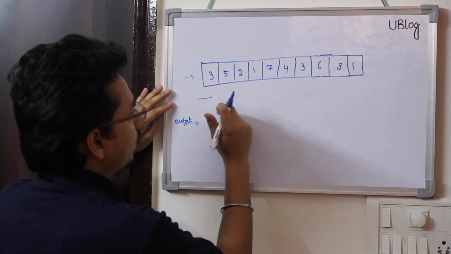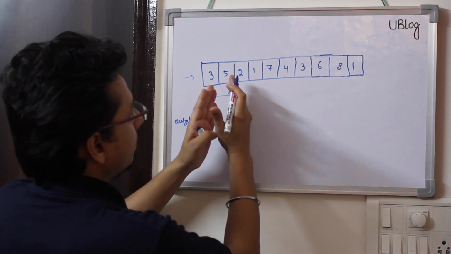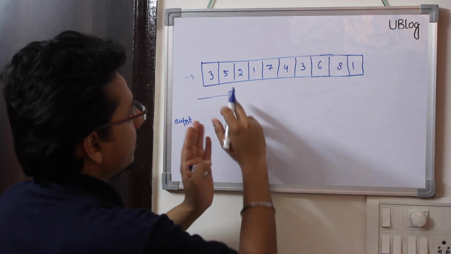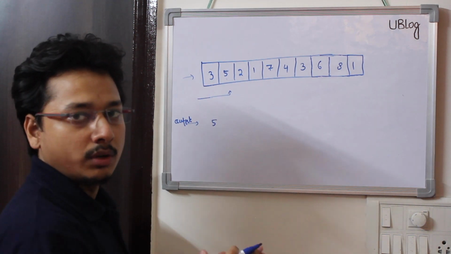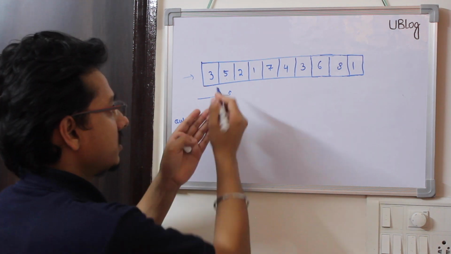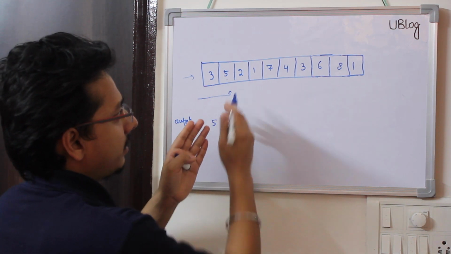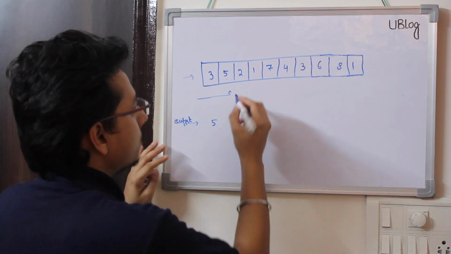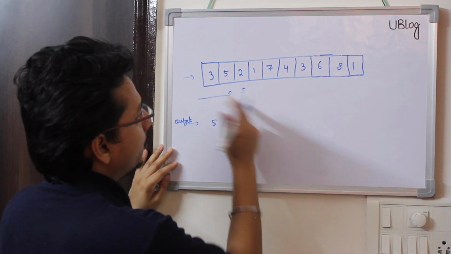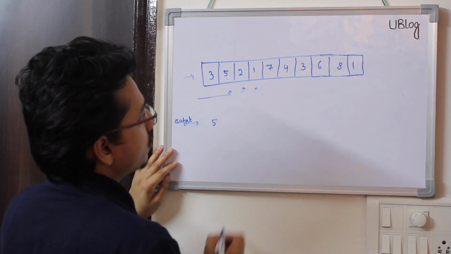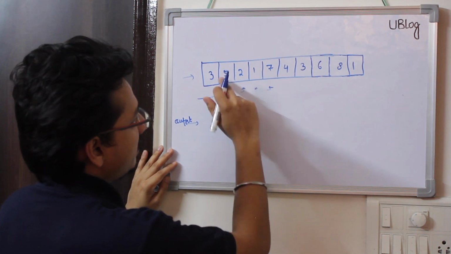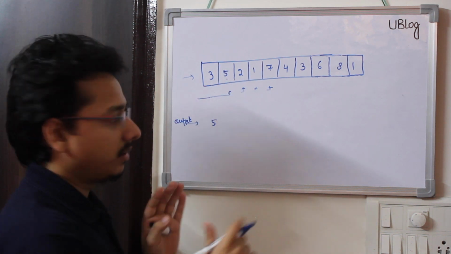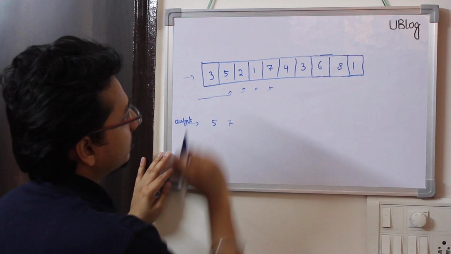What about when I move to the next index? For 5, which is the first element on the right hand side of 5 which is greater than 5? It need not be the greatest element. It just needs to be greater than 5 and present at the first point, the first element which is greater than 5. So I check 2, 2 is not greater than 5. Then I come to 1, 1 is not greater than 5. Then I come to 7, 7 is greater than 5. So for 5, the next greater element is 7. So 7 is my answer for this position.